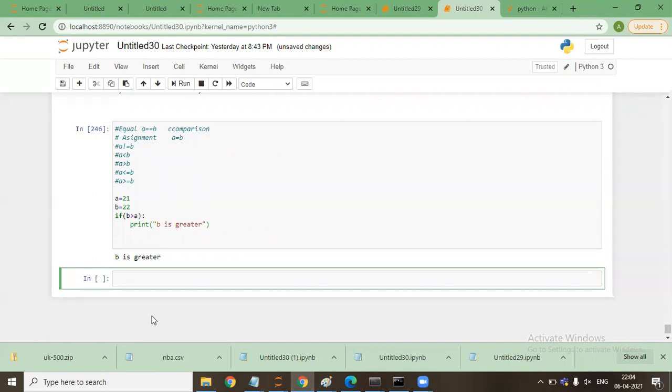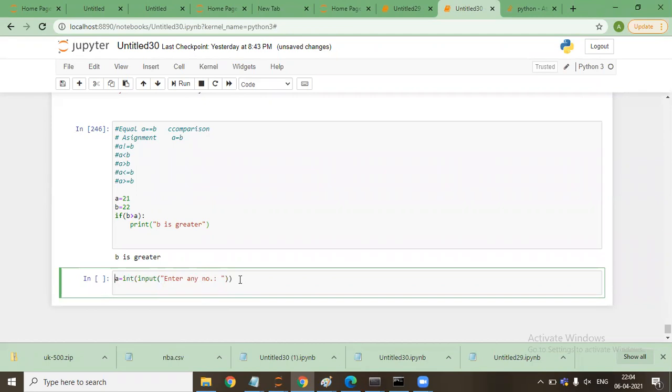Okay, I'll say A is equal to input, any number, I'll say int.